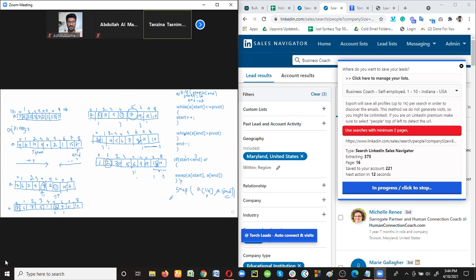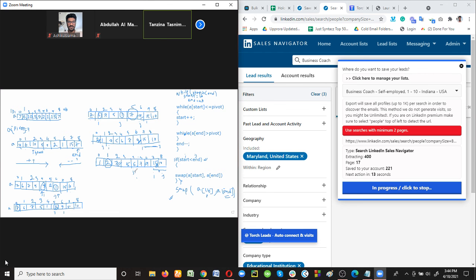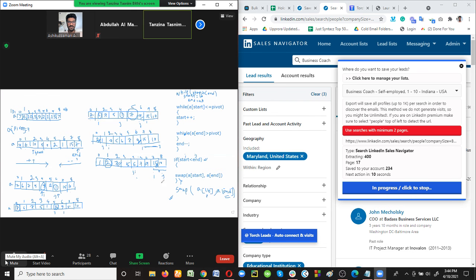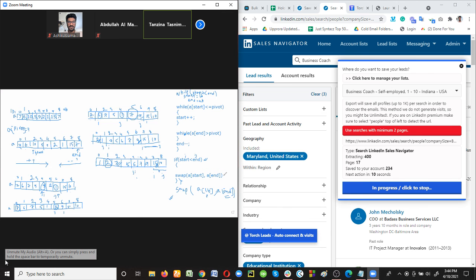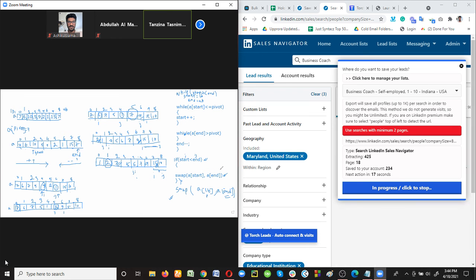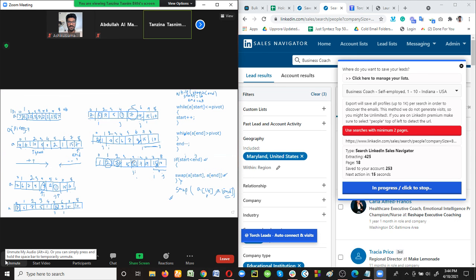j equals 4 and a[j] equals 6. Is it greater than 7? No, it's not greater than 7. So we can't decrease the value of pointer j. Now look at this condition. Is it true that start is less than end? No. Here i and j are equal, both are 4. That means we cannot execute this statement. We now have to perform a swap between the pivot element and the end element. That means this 7 and 6, these 2 elements, will be replaced.